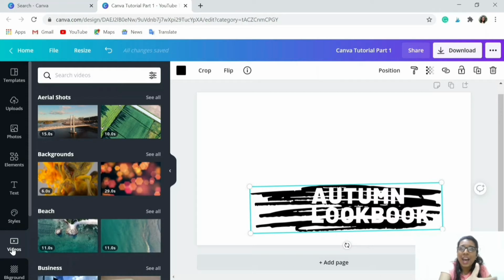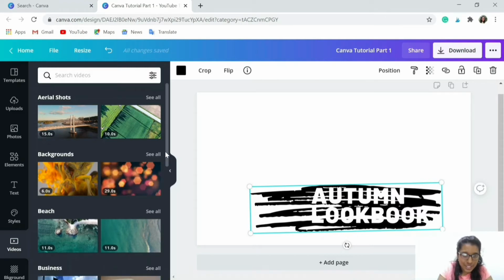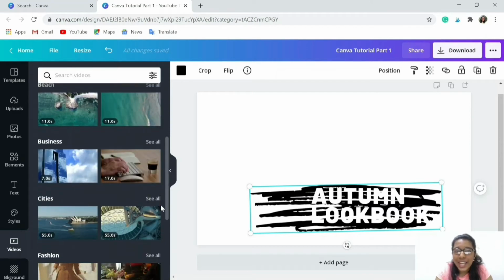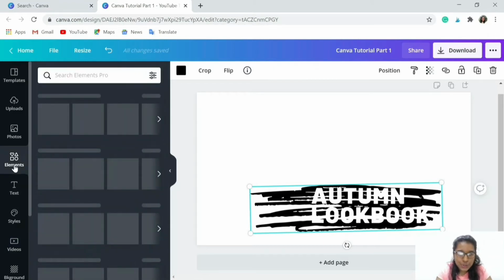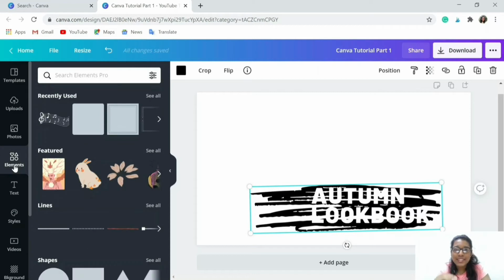So if you want to have a particular background in your animation, a particular beach scene, or the sunshine, or the flowers, or something of that sort, you can browse through this videos tab to select which animation would suit your design or your art better. Now let's go on to the elements tab. So the elements tab gives you various, like if I give you an example, when we were small, we used to make project books and we used to put various stars and stickers. So elements are just like those virtual stickers which you can embed on your design.